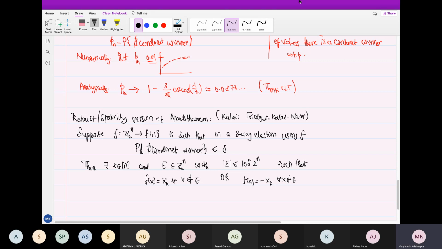Since it's 1 o'clock, I will stop here. I'll give the proof next time, and after that, that's the last thing I will do on Boolean functions. Then we will go on to prime numbers in arithmetic progression and stuff like that. Okay, stop the recording, but any questions, I'll be happy to take.